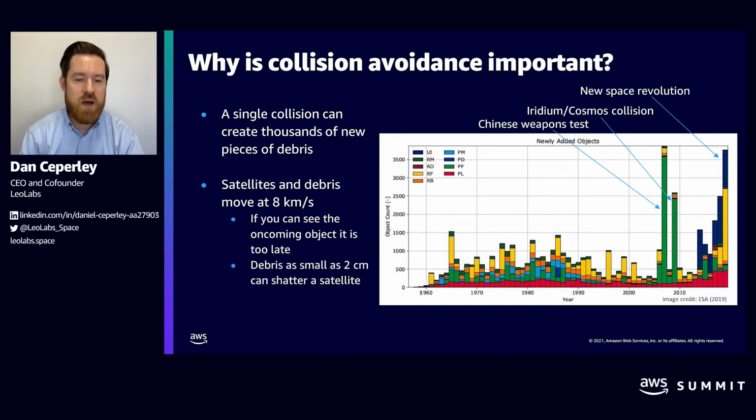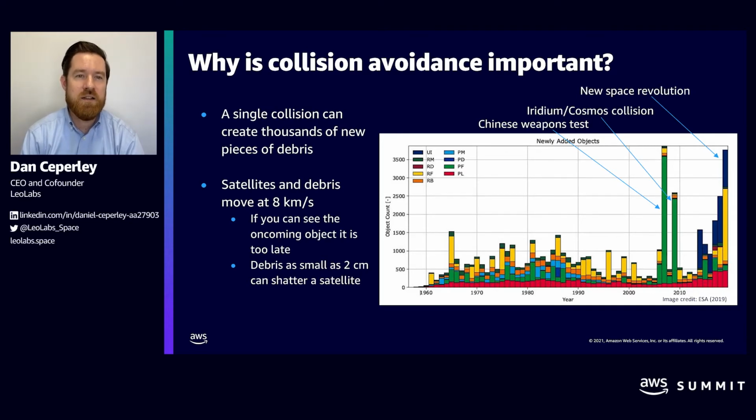So people also often ask, well, with collision avoidance, is the possibility just to keep an eye on it and then swerve at the last second to avoid a collision? Well, unfortunately, the way space works, things are moving way too fast for that to happen. So if you're in low Earth orbit, you're moving at about 8 kilometers per second, or 17,000 miles per hour. And so that means that anything that's close to you and is going to whiz past is going to be past you fast in the blink of an eye.